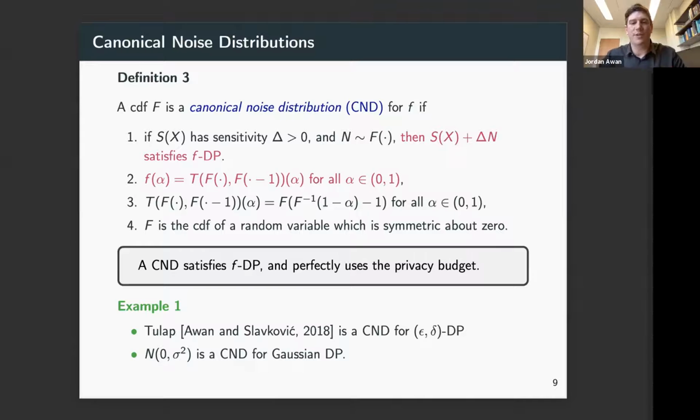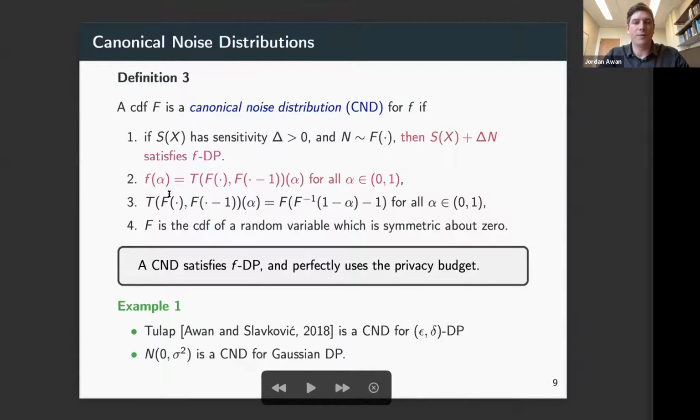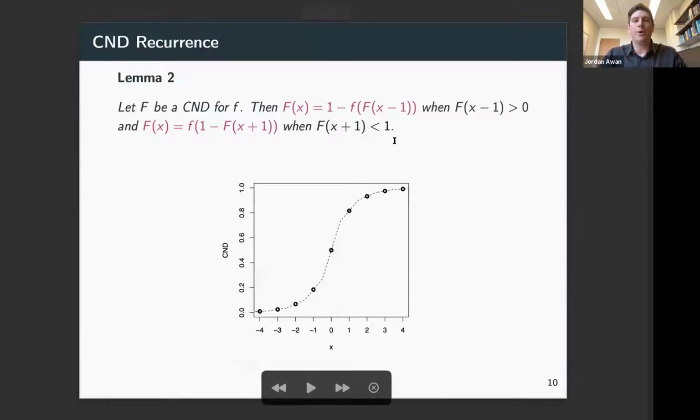So far we have no reason to think that there exists a CND. So we're going to go ahead and try to construct one. So we're given a trade-off function f. Oh, sorry, before we go to construct, we can observe an interesting relation, a recurrence relation that a CND has to satisfy. And this follows by property 3, it's not hard to show, that if we know the CND value at one point,